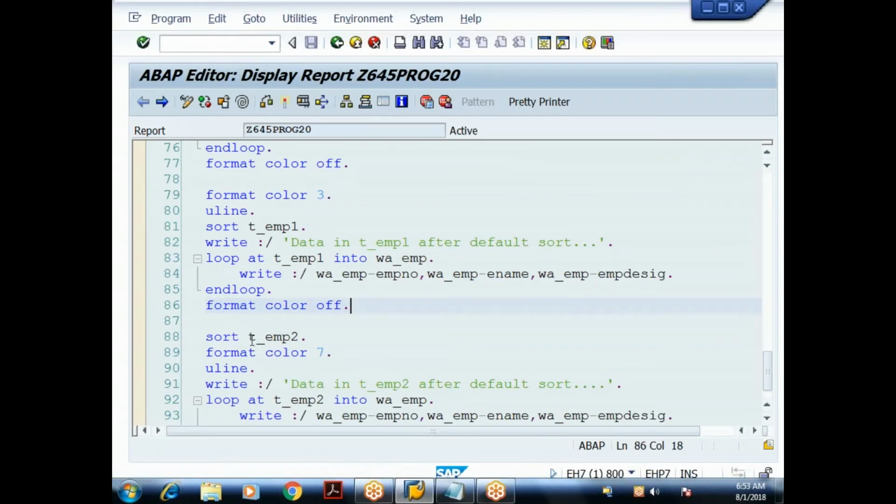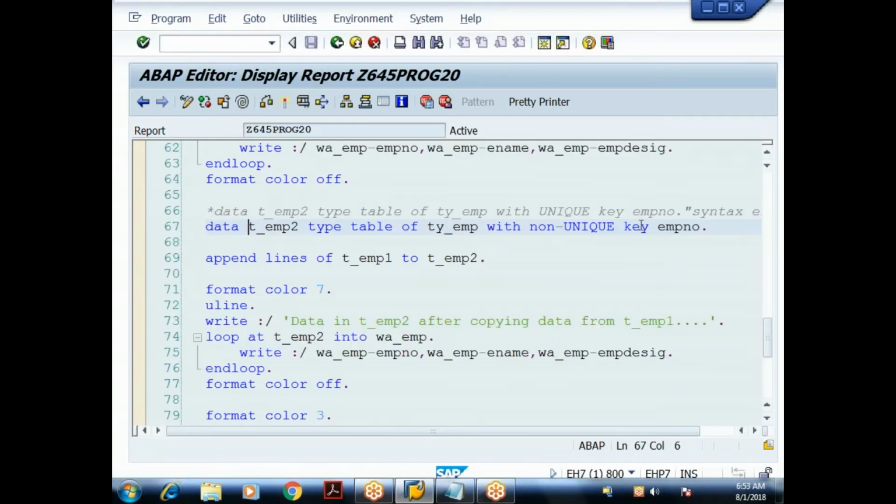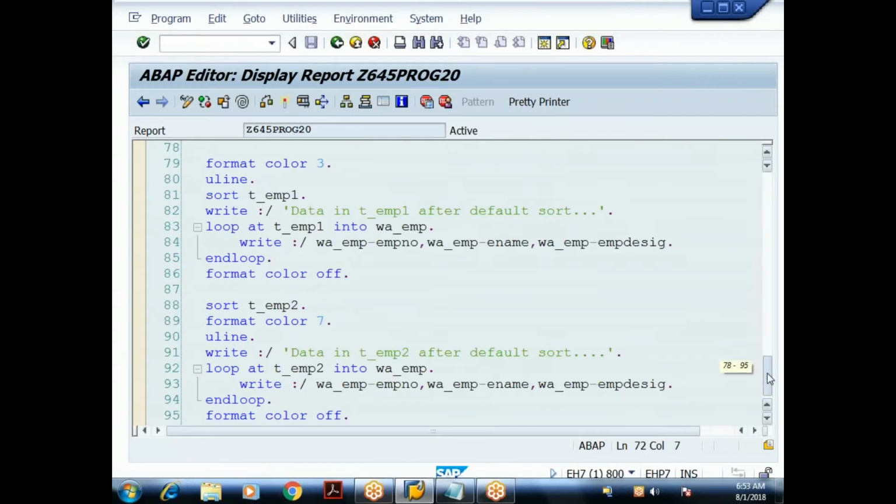Then we are trying to sort the second internal table. The second internal table contains a key field. What is that field? Employee number. So it is going to sort on employee number. That's what we have discussed yesterday. So when I execute this,